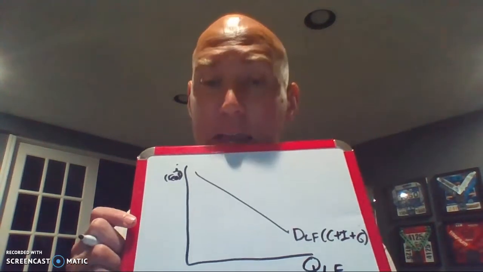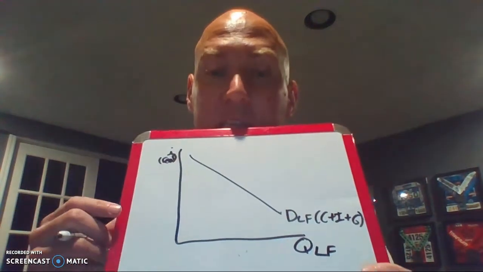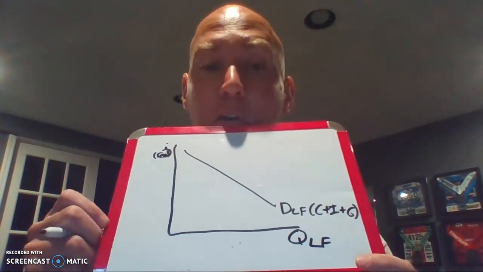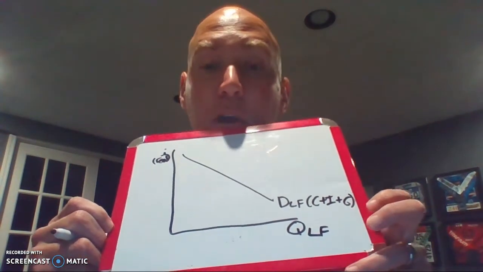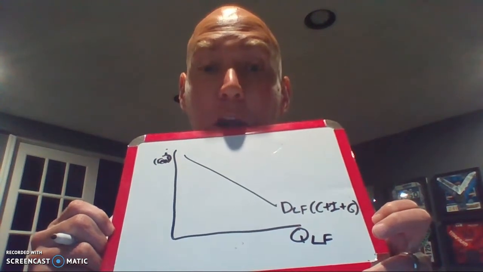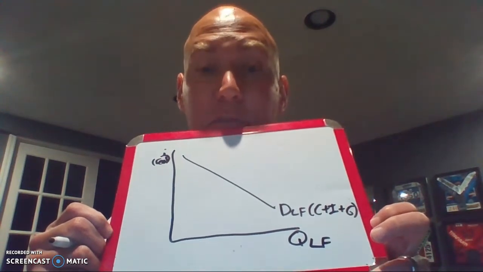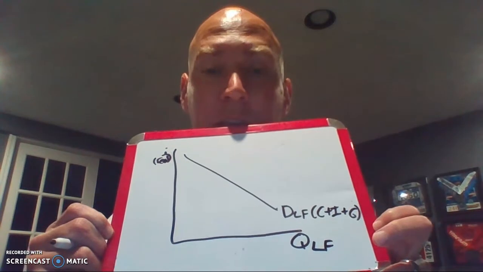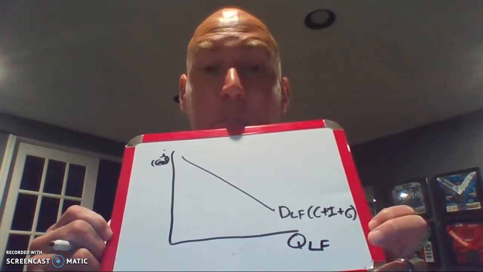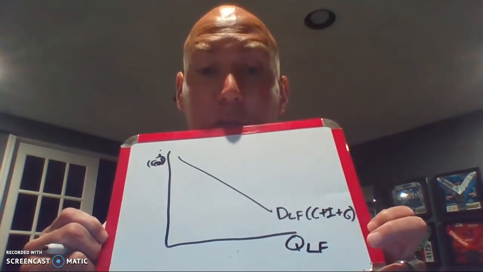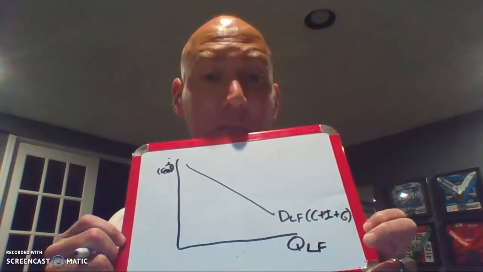We'll do some examples. If any of these groups borrow more money, or want to borrow more money, or spend more money, demand for loanable funds will go up. If they decide to spend less or borrow less, demand for loanable funds will go down. Supply of loanable funds